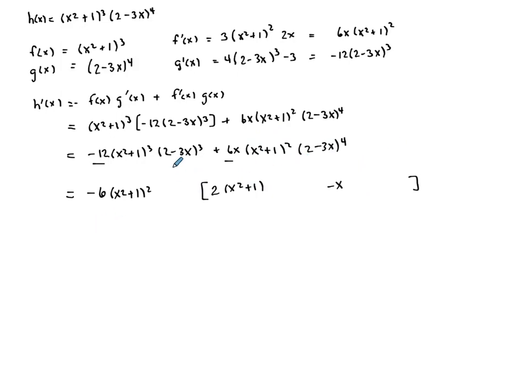And now I'm going to do the same with the 2 minus 3x cubed. The largest thing I can take out is the cubed because this one has a 4 over here. So I take out the 2 minus 3x cubed. That means I don't have anything left here other than 1, so that works there. And on this side, I still have 1 left over, so I go 2 minus 3x right here. So writing all that out again,